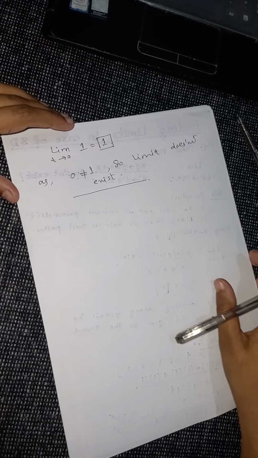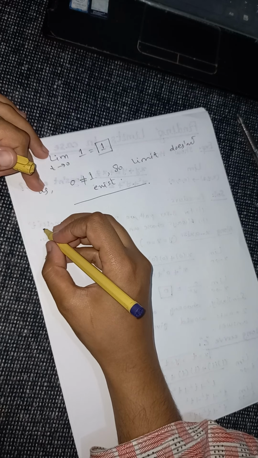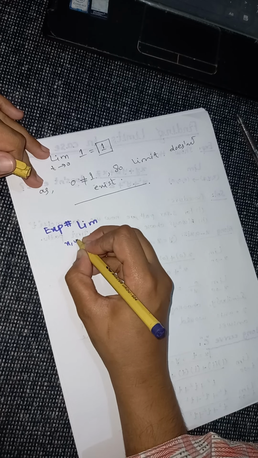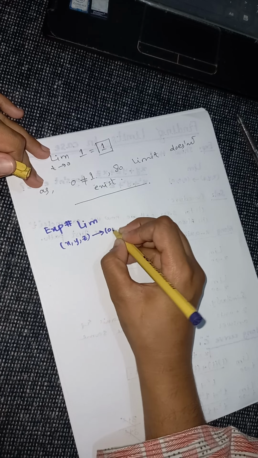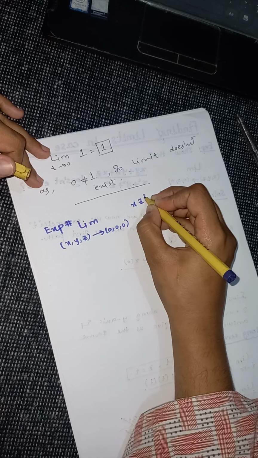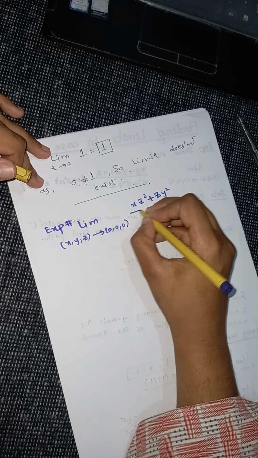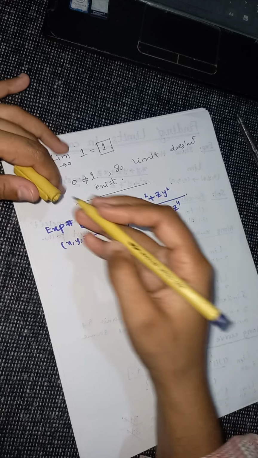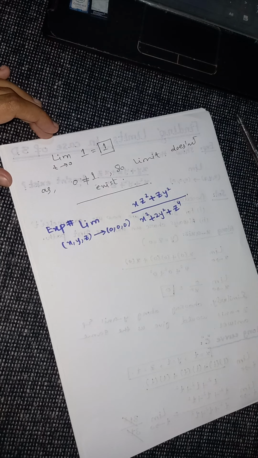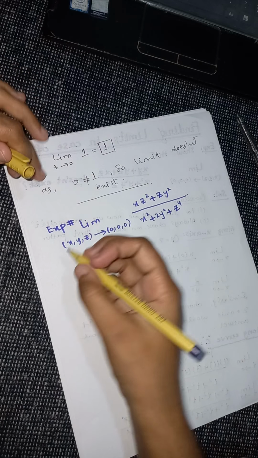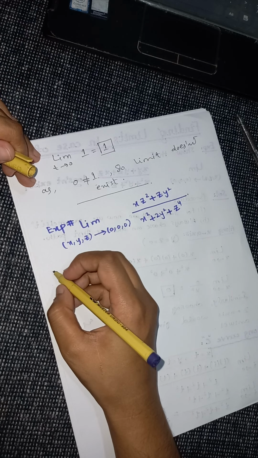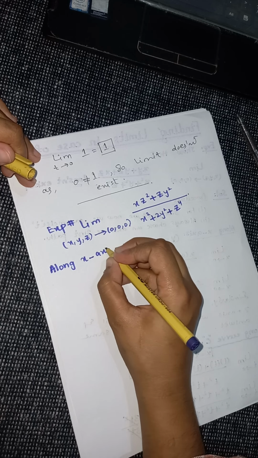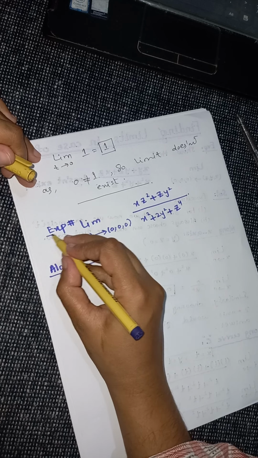Okay, for example, if we take this example: limit as (x, y, z) approaches (0, 0, 0) of (x z square plus z y square) divided by (x square plus 2y square plus z raised to power 4). Now students, as you know, the procedure is the same. First of all, we have to choose a path along the x-axis, which means we have to select our axis and check the behavior of our limit. Now if I choose along the x-axis,